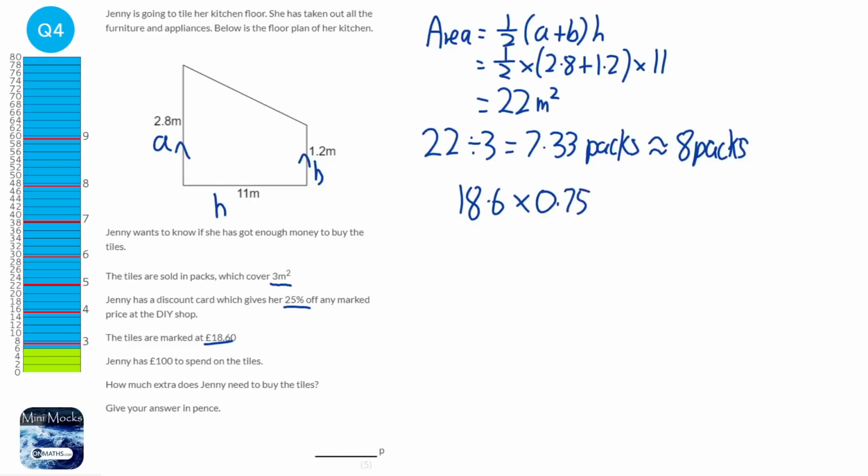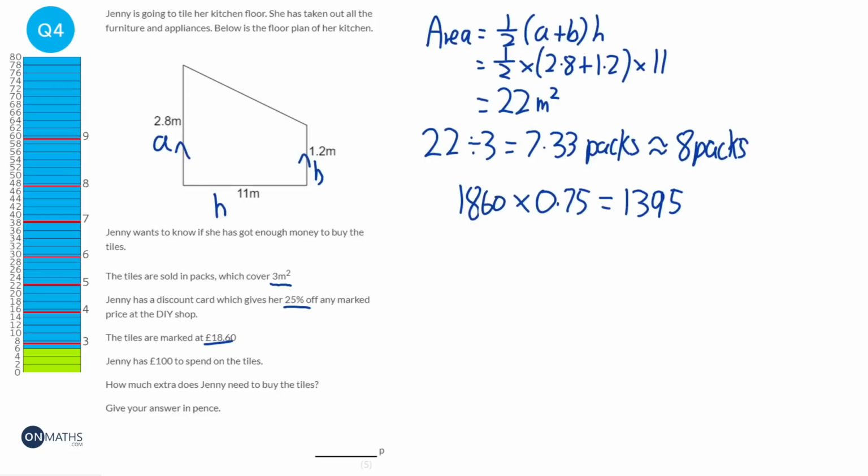So we're just going to find 3/4 of it because she has a 25% discount, and that would be 1,395. So the tiles are going to cost £13.95. Now I've done this in pence and I've kind of muddled it together here, so really let's just go back because I've kind of done this in pence. So that would be